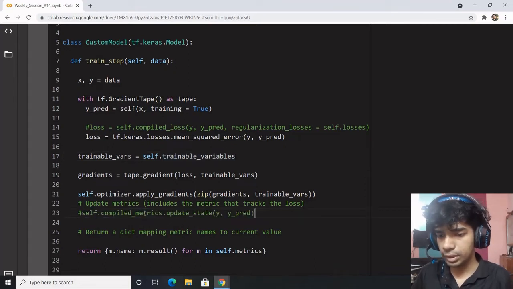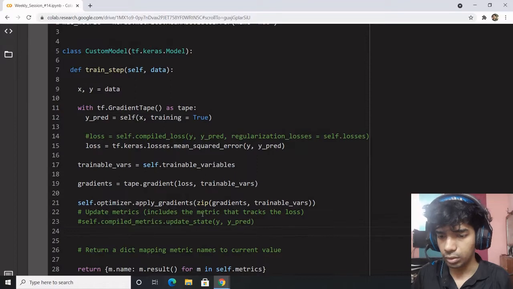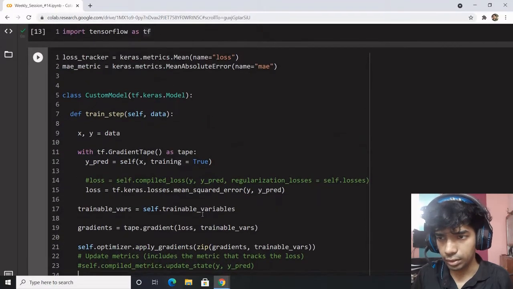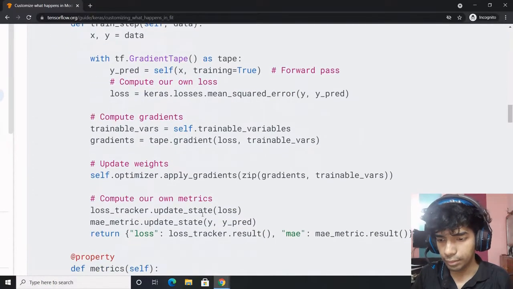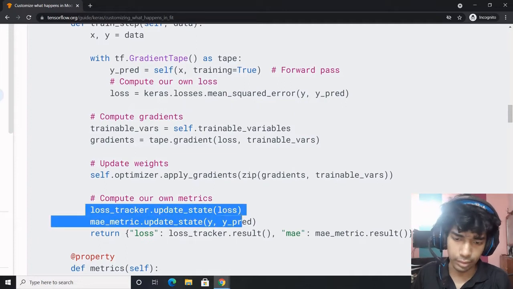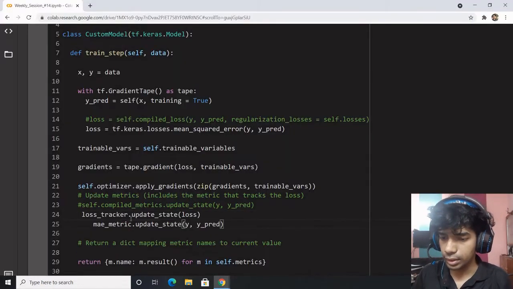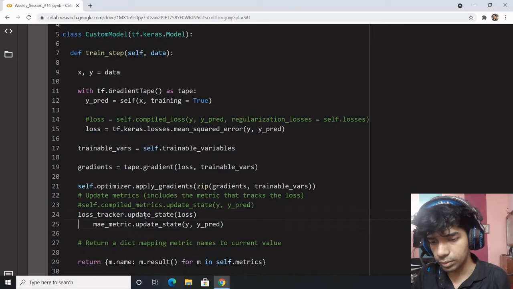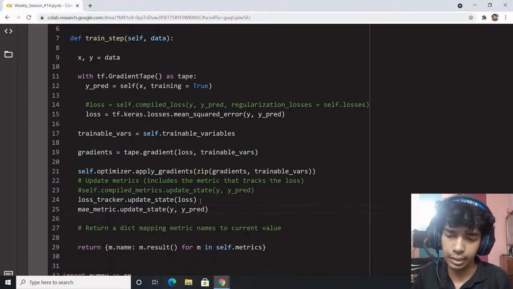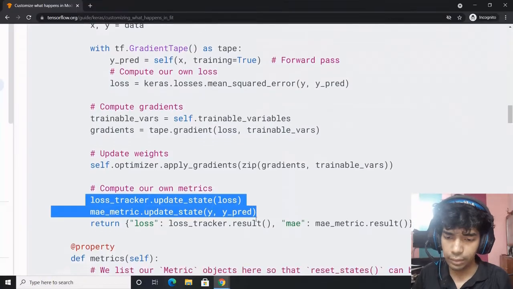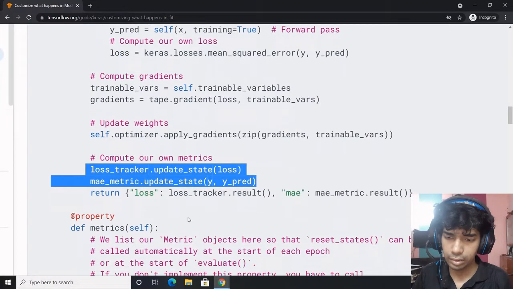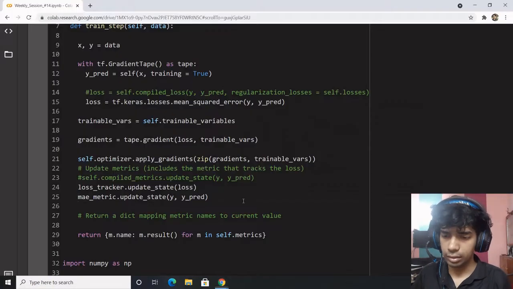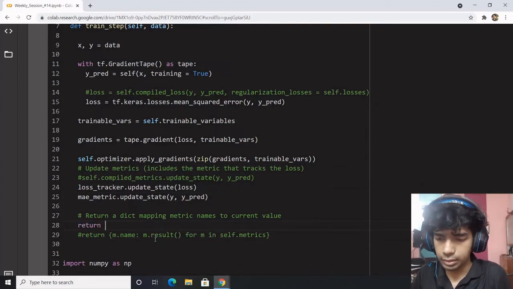The metrics which need to be updated to track the loss would be loss tracker and MAE metric. Right? Yes, right. So rather than compiled metrics update state, we will be doing the loss tracker update state and MAE metric update state. After doing that, rather than passing this, we will have to pass this.